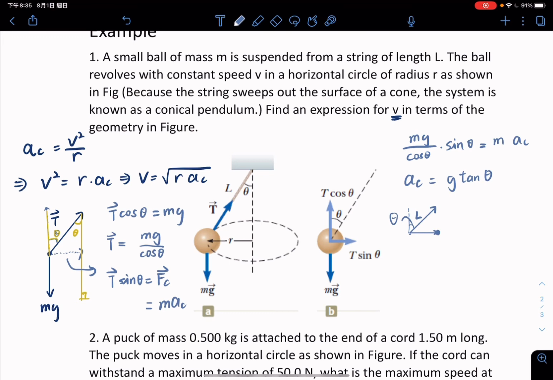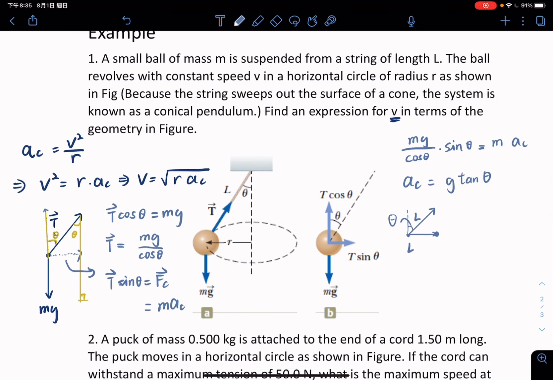The length of the object to the center of the circular, which is L sine theta. And then we just need V equal to the square root of R times AC